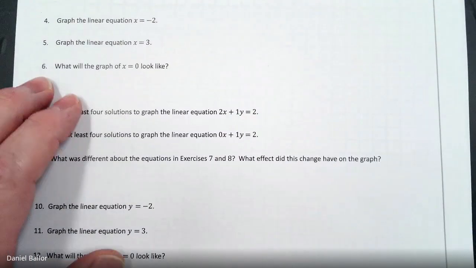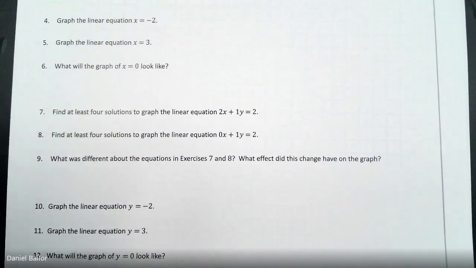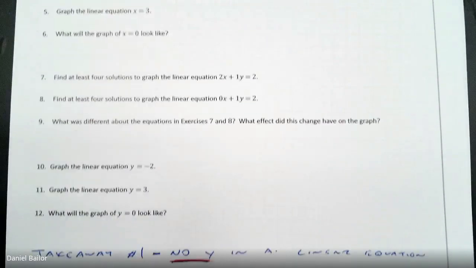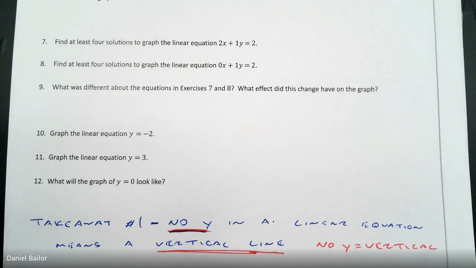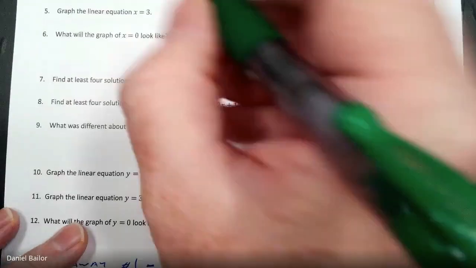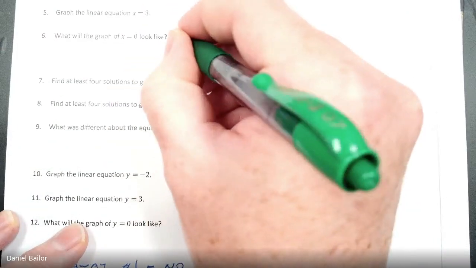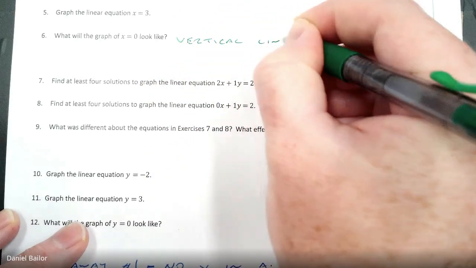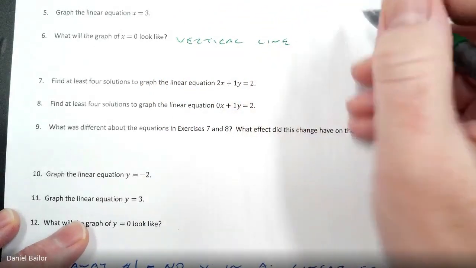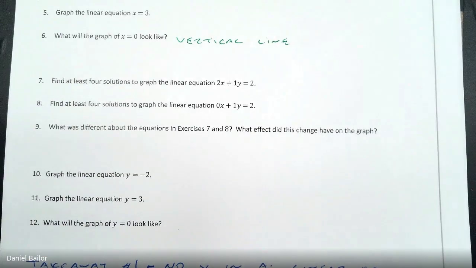So what will the graph of x equals 0 look like? Well, the takeaway: no y means vertical. No y means vertical. So what will the graph look like? It will be a vertical line, and it will be vertical